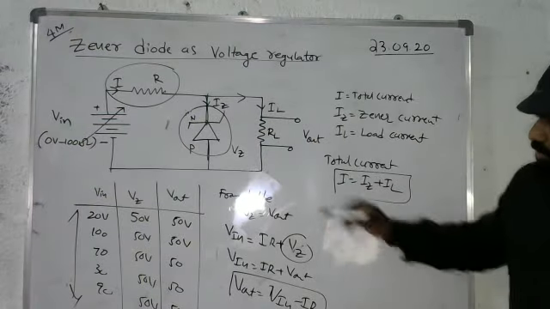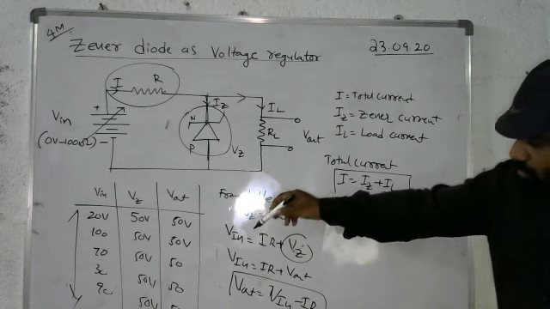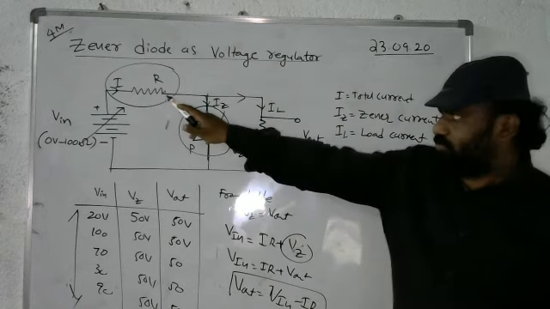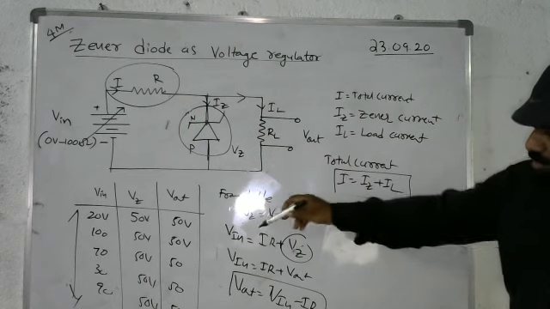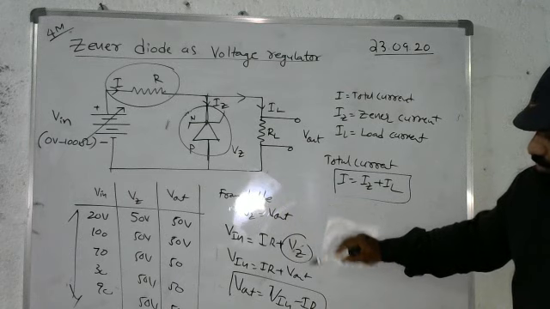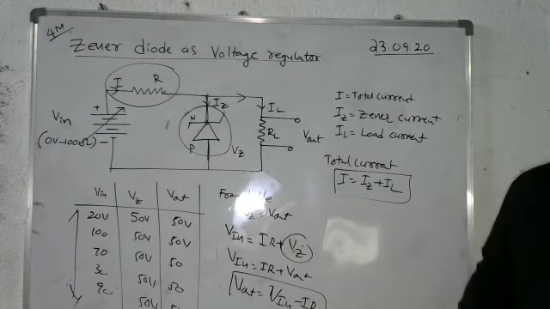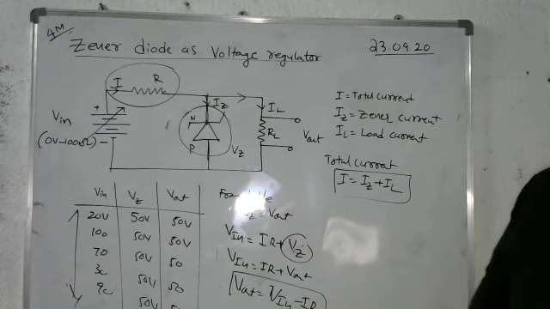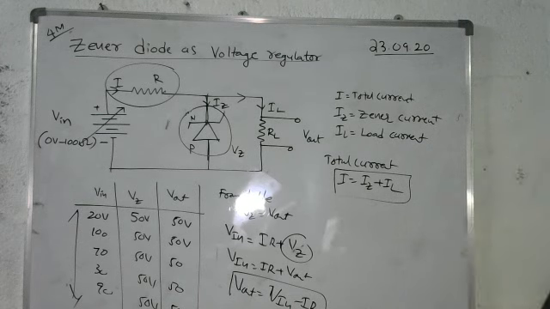Look at here. The output voltage Vz is equal to Vout. For the input voltage, some voltage drop is there, and here we have the output voltage. So total Vin is equal to IR plus Vz. Vin is equal to IR plus, instead of Vz we can write Vout. So Vout is equal to Vin minus IR. This is about the Zener diode, how the Zener diode is used as a voltage regulator. So these are the formulas. Once again, look at the topic here, I can explain.